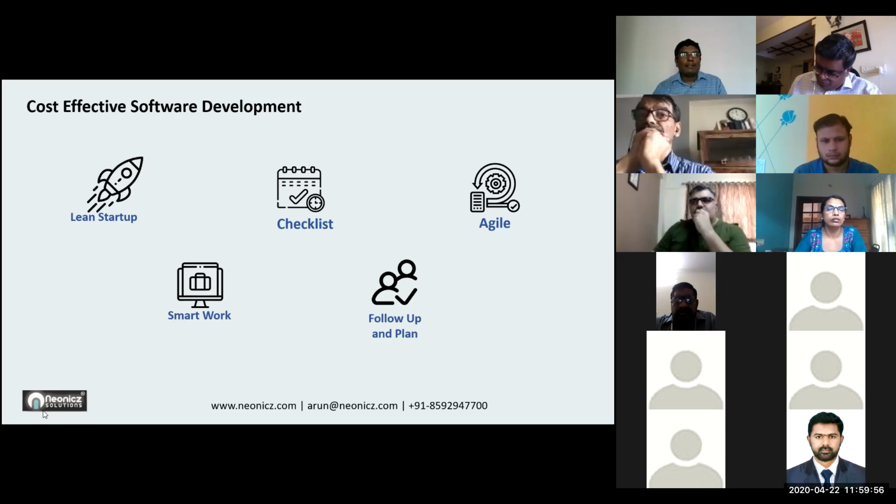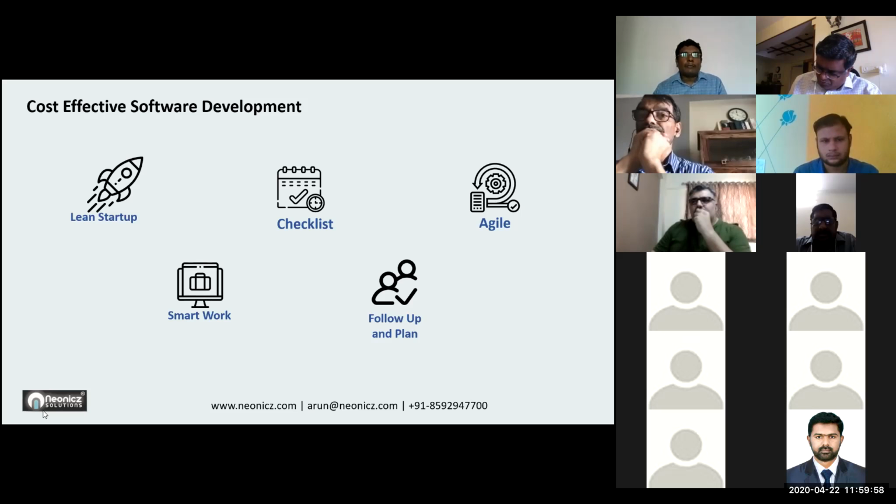Don't go for software development. Don't invest in half-minded software development, which will always lead to a chance of failure. So you should have a minimum checklist of the software you are expecting to be delivered. That is another way you can effectively reduce your cost.